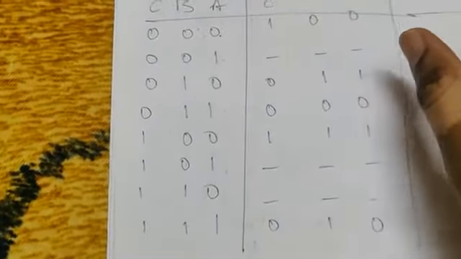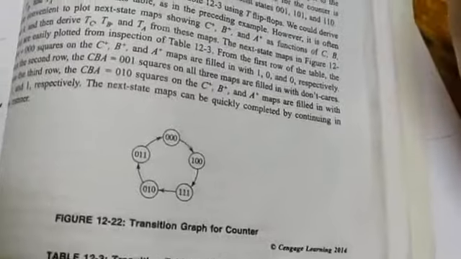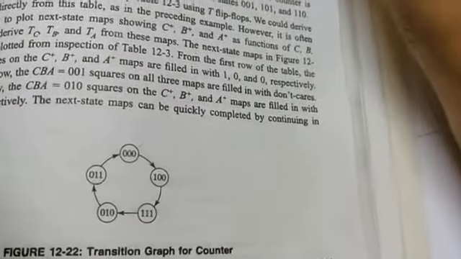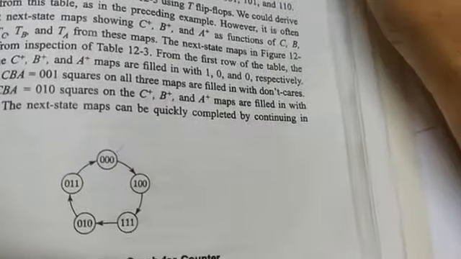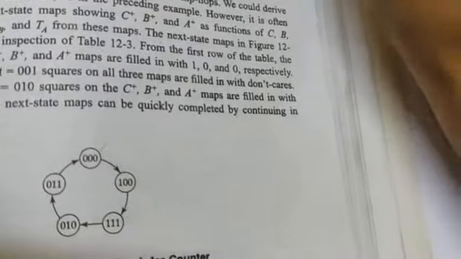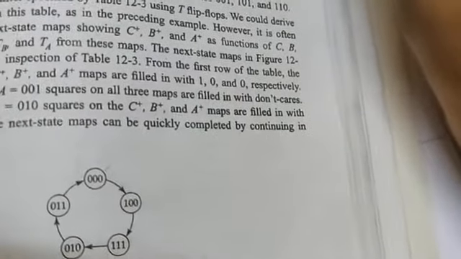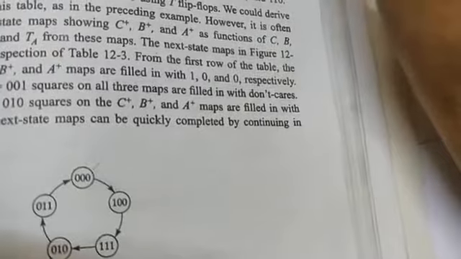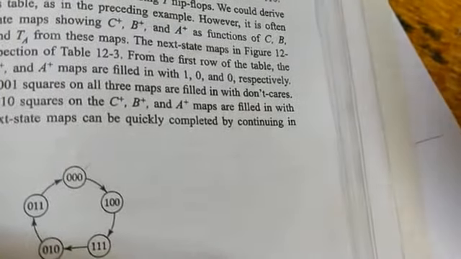But in your examination, they will ask you to construct a circuit diagram in such a way that it has to produce the output in the given sequence. They will give the sequence. So the circuit is supposed to produce the output in that particular manner. For example, the sequence will be like this.